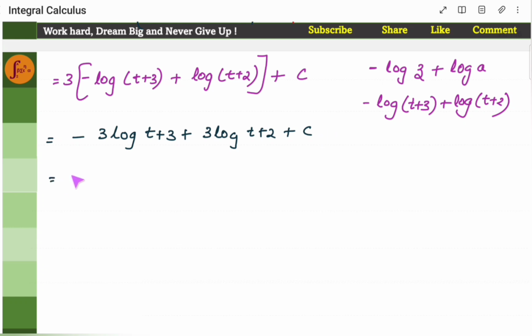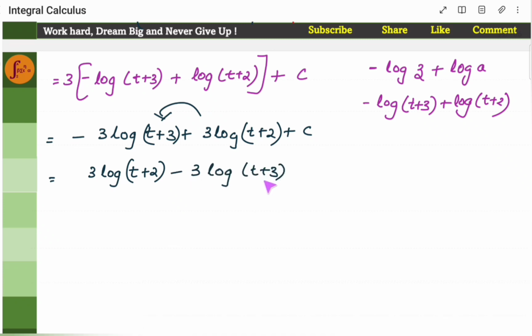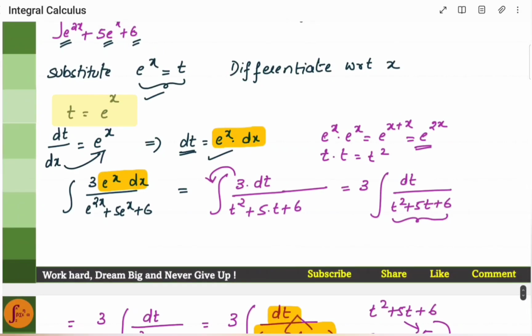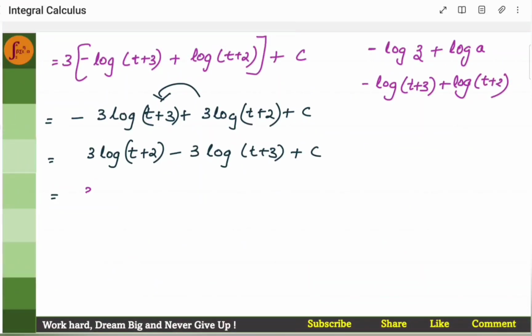c. Now I'll rearrange this. So 3 log t plus 2 minus 3 log t plus 3, I've just rearranged, plus c. Now I have to substitute t, right? Now what did we assume t as? T as e to the power x. This is what we assumed. T as e to the power x. Now let's substitute e to the power x here. 3 log e to the power x plus 2 minus 3 log e to the power x plus 3 plus